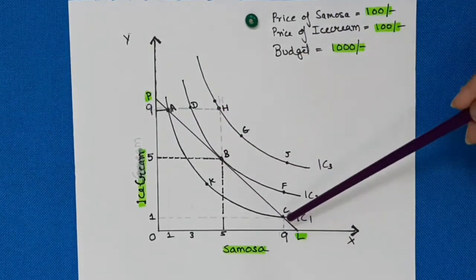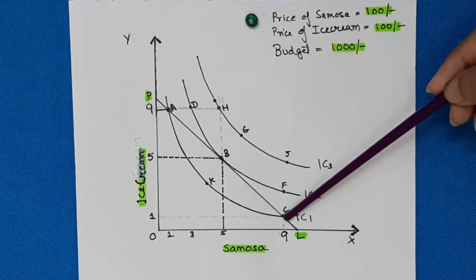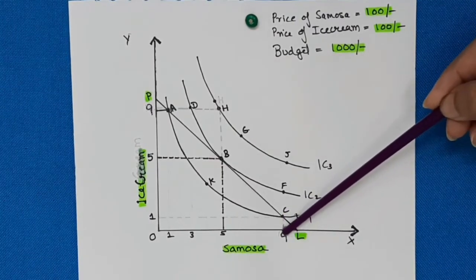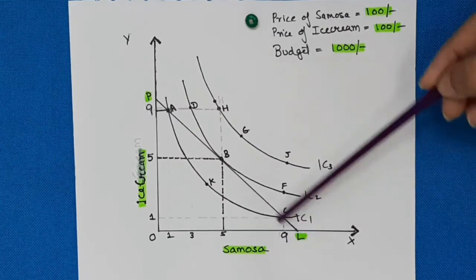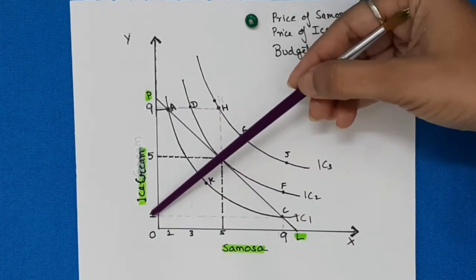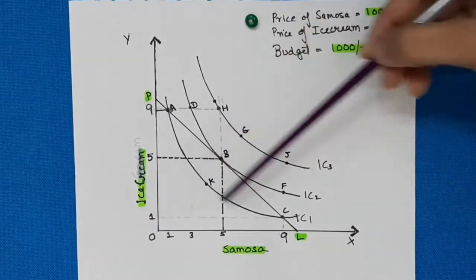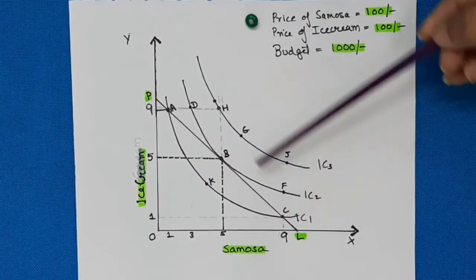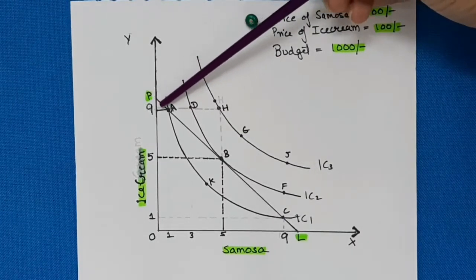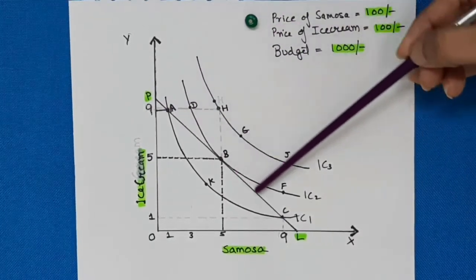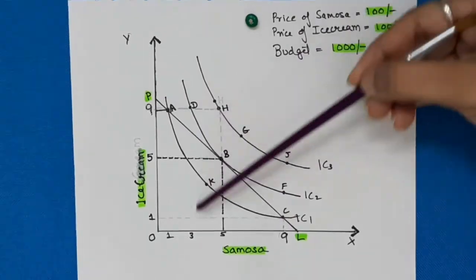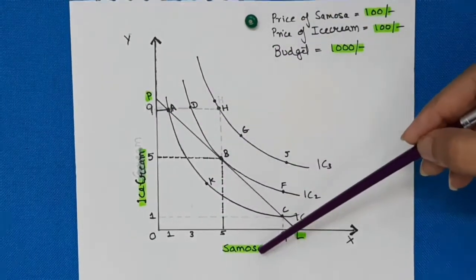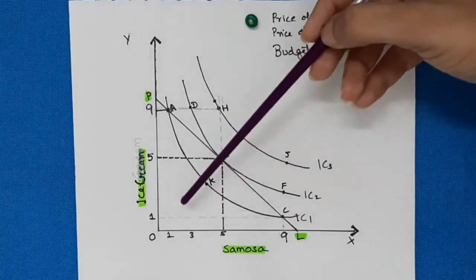Let us come to the third point, point C on the budget line. This point C has 9 units of samosas, which at 100 rupees each makes 900, and 1 unit of ice cream, again 100 rupees. So 900 plus 100 again comes to the same budget, which is 1000 rupees. So you see the distinct feature of the budget line is that it has the same amount at all the points we have mentioned. You can find different points as well if you want to, keeping the amounts of ice cream and samosas, with a regular graph paper.